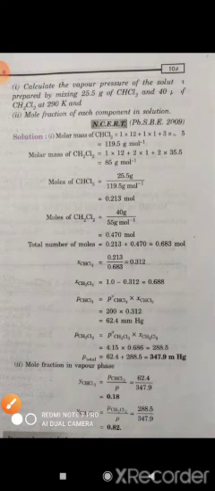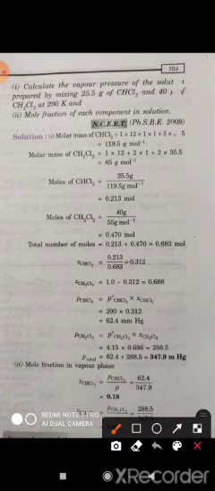So first we have to write out the given terms. So what are the given terms? A and B are the two components, that is chloroform and CH2Cl2 respectively, where P naught A is given 200 mmHg and P naught B is given 415 mmHg. So here we need to find out the vapor pressure of the solution, and what is given to us,